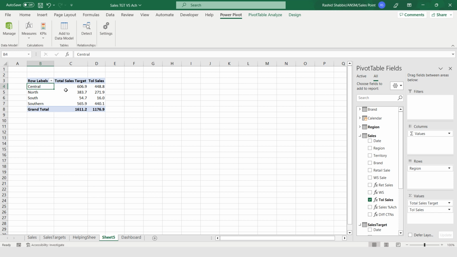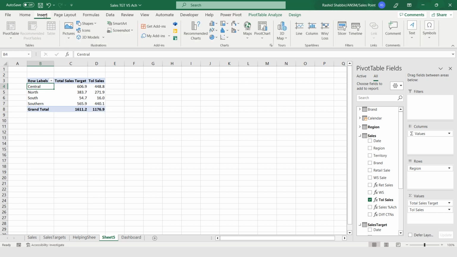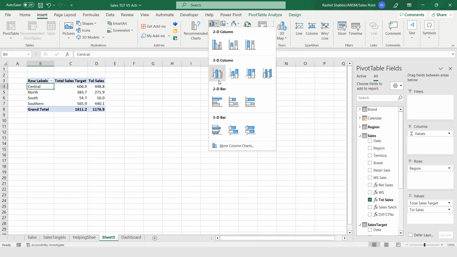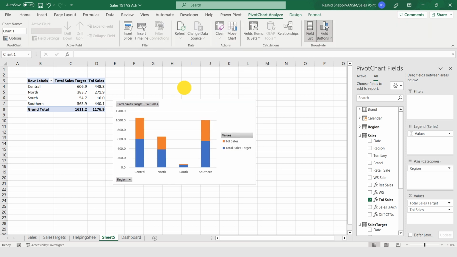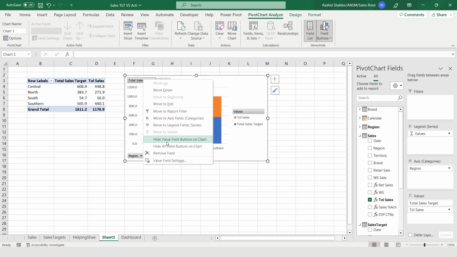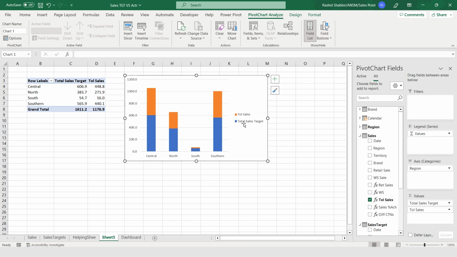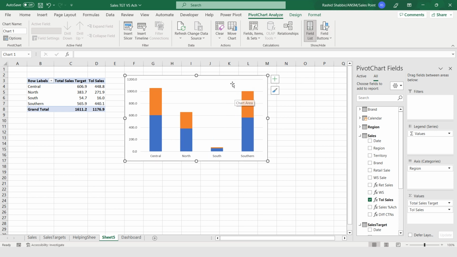So this is my first pivot table, and I'm going to insert my graph with this. I'm selecting this one, right click on it, hide all field buttons on the chart. I'm going to remove this, I don't need this.